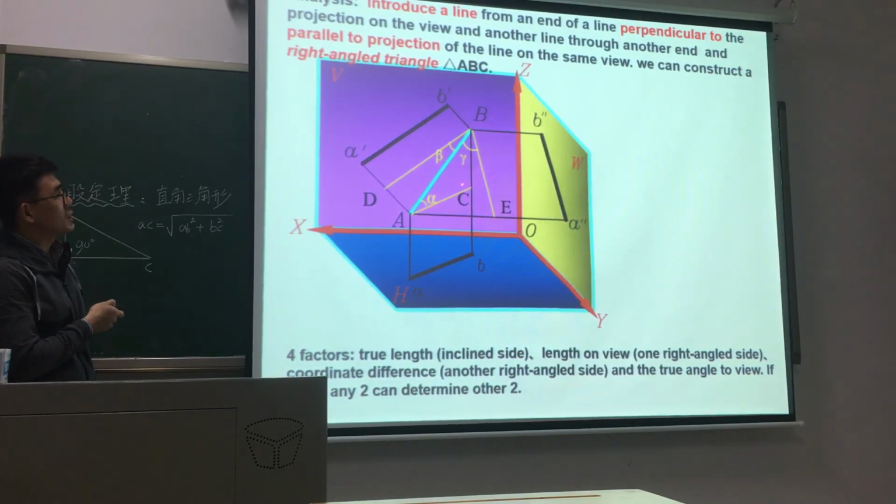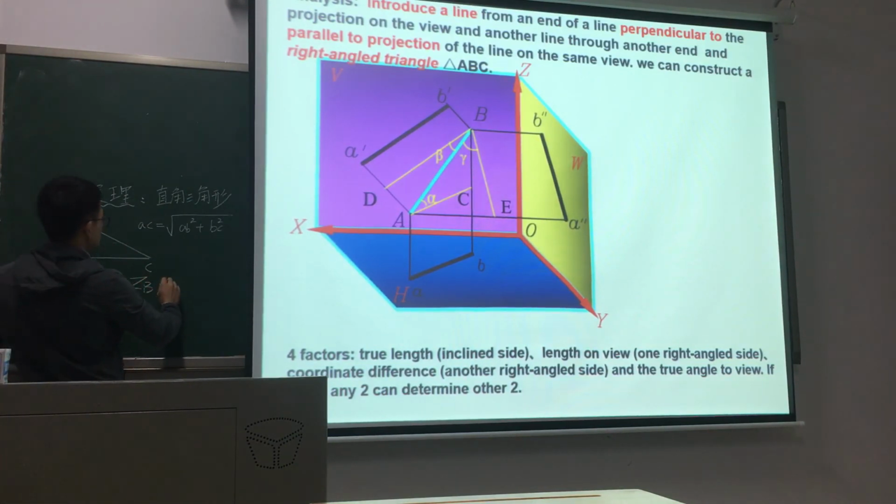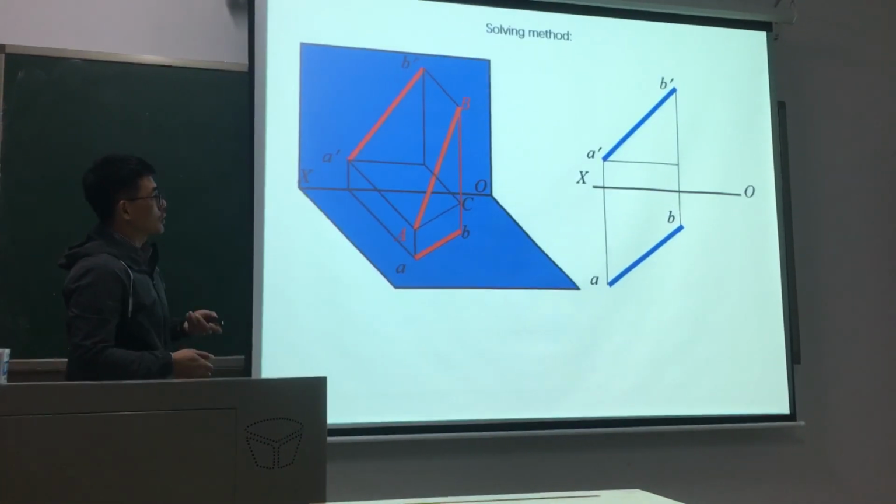The length of BC is equal to the z position of B minus the z position of A. Okay, first we use the H plane to get the true